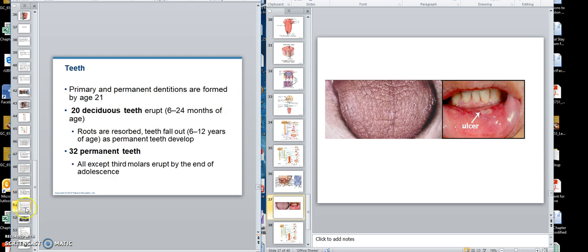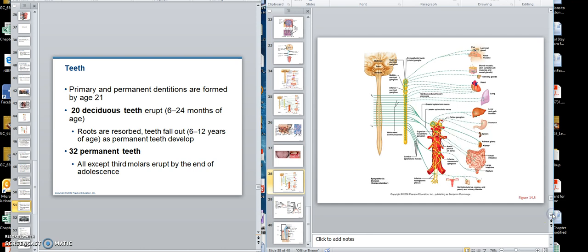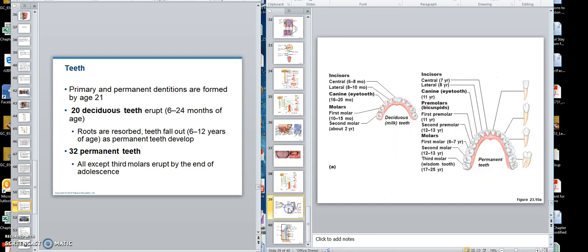So now we go to the teeth. Let's talk briefly about the teeth. Some of you may be going into dental hygiene. When we look at the teeth, there are 20 baby teeth, deciduous teeth. Deciduous means they shed out. Primary teeth are formed by age 2. Then there are 32 permanent teeth, all except the third molars,